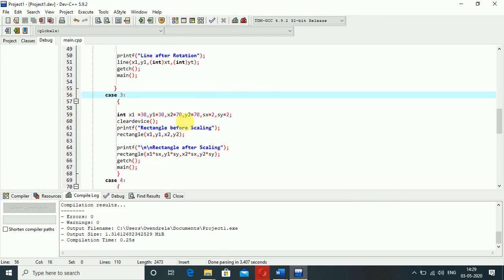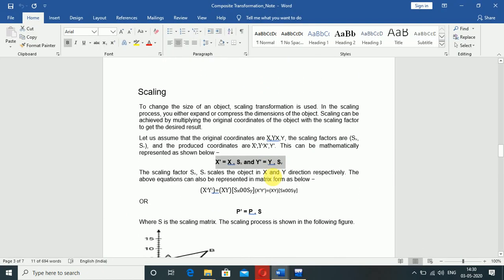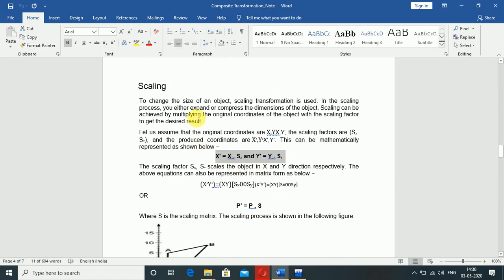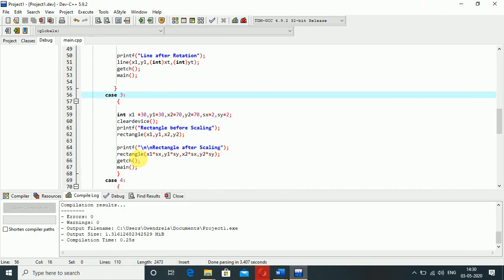Now let's check case 3. Case 3 is the block for scaling. In the same way, I declared 4 points x1, y1, x2, y2, and sx, sy. What are sx and sy? These are used for the scaling. Please check the notes for the formula: x' equals x times sx, y' equals y times sy.